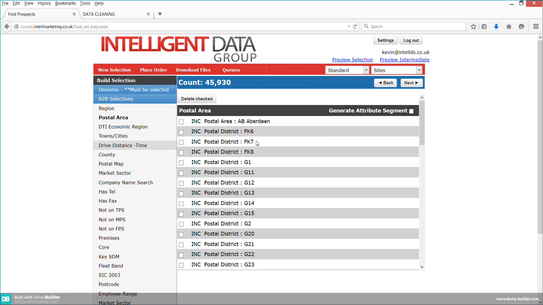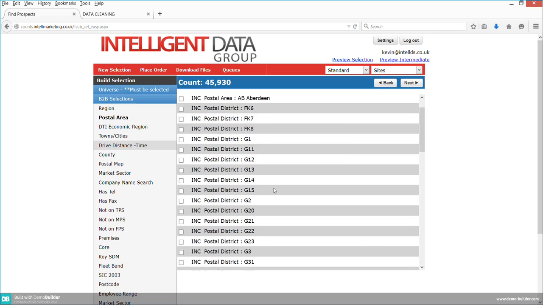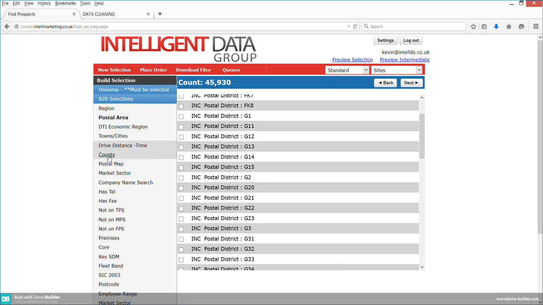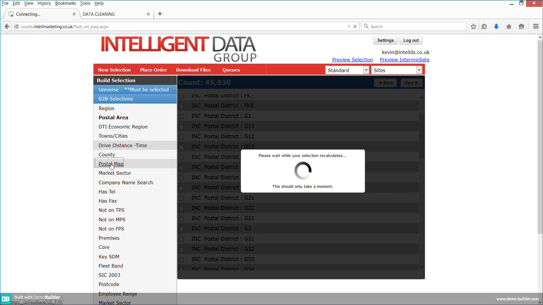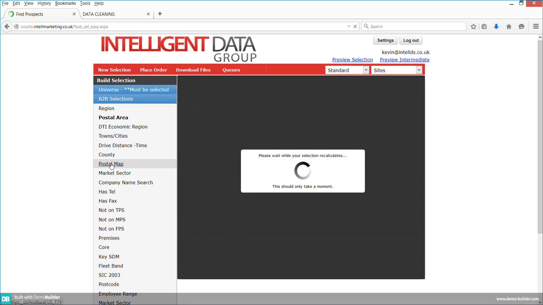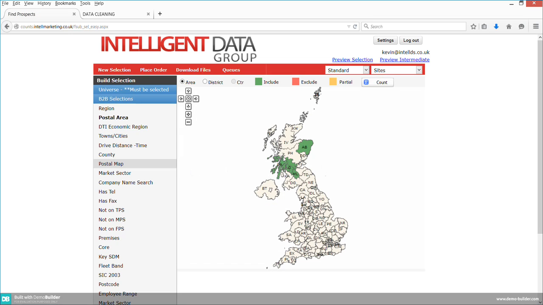And again, what we see is it then comes on the summary screen. So we've got our Aberdeen ones, which was our original postal areas, and you've now got your postal districts within the drive time. We also have counties, which is the same as a town, a list of counties in the UK. We also have a postal map, which gives you a visual representation of the postal areas within the UK. And again, that's just available to select